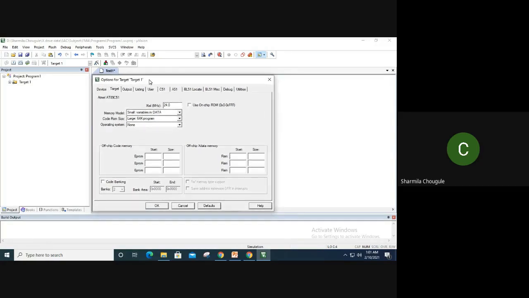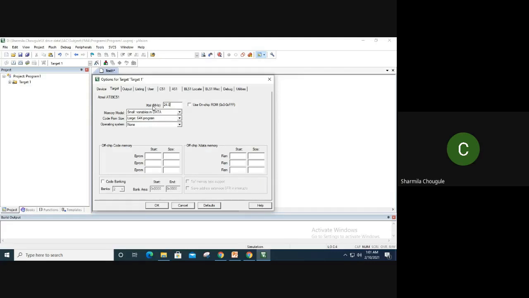For the 89C51, if you remember the salient features, we have seen that it has a 12 megahertz crystal oscillator frequency. But here, while you are doing the simulation, the crystal frequency does not matter. If you are actually implementing any circuit, your crystal oscillator frequency has to be considered.